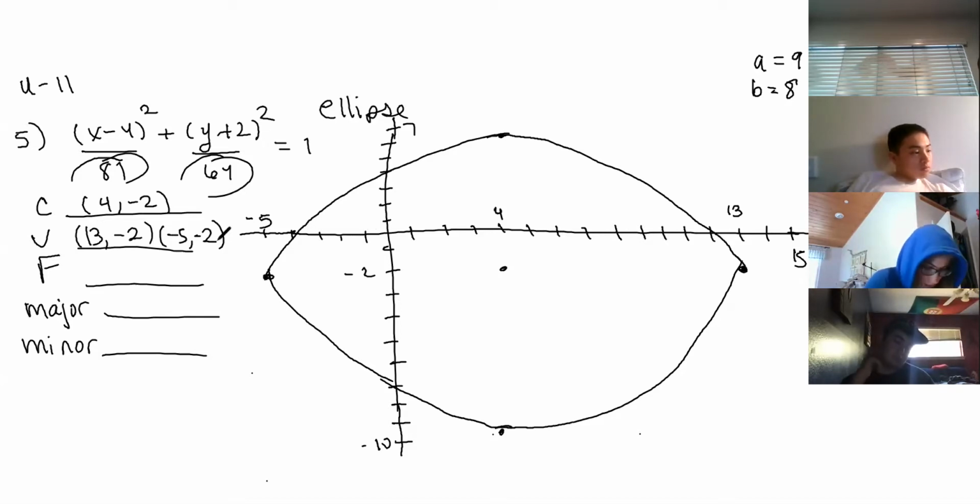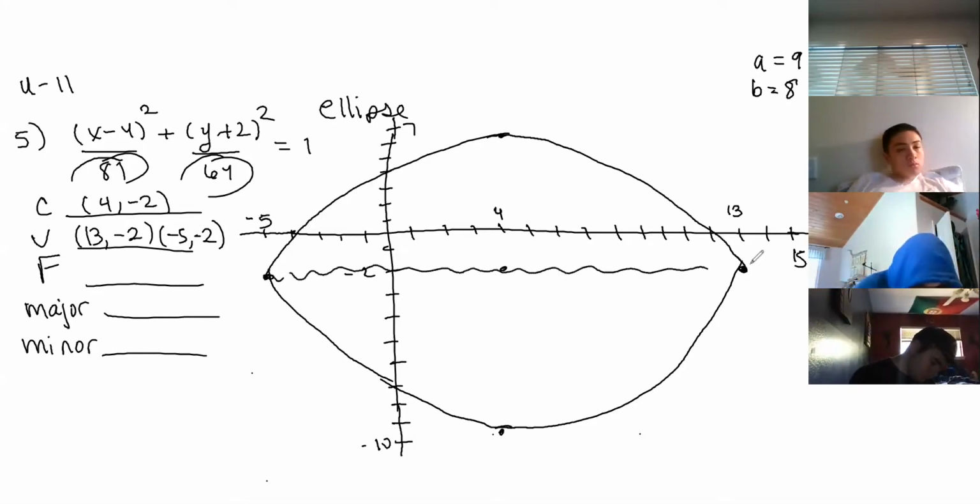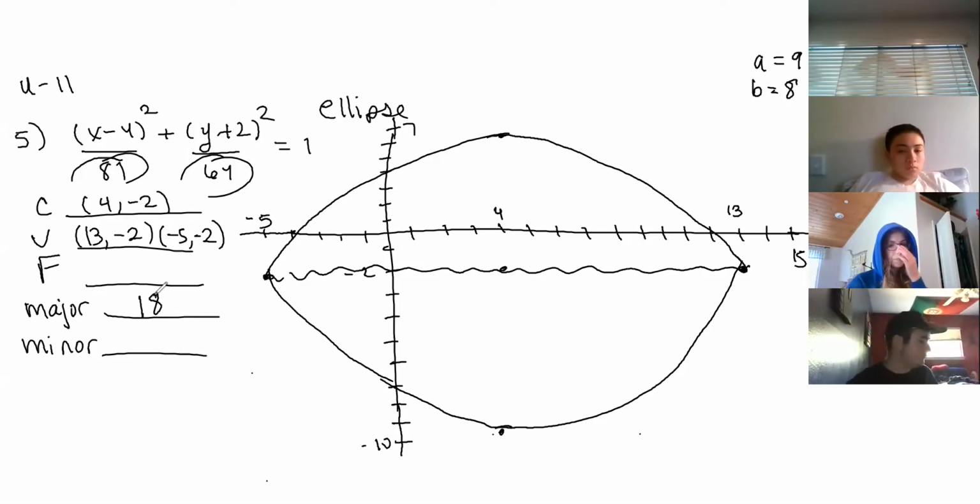And let's do major minor. That's easy. The length of the major axis is the length from the 2 endpoints that are furthest apart. What's that length right there? If I went right and left to 9, what's the total length? 18. Yeah. And minor axis is,